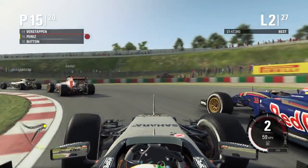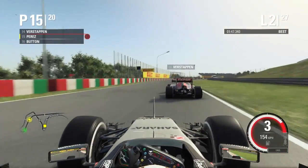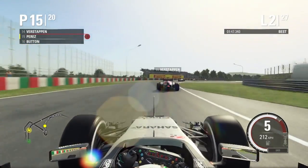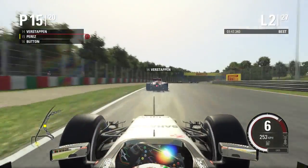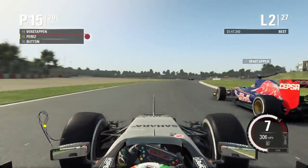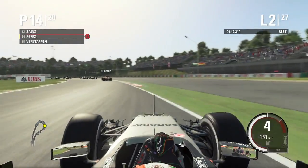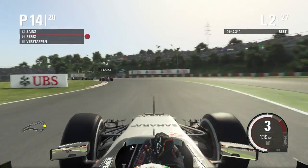So I've got no footage of the race for you guys. As we make our way up the inside of Max Verstappen at the hairpin, Verstappen gets much better traction out of the corner, so we're going to try and get him elsewhere as we tuck into his slipstream, making our way into the Dunlop curve and into Spoon curve. Can we make a move here? We're going to go up the inside of Verstappen, and there's a lovely overtake on the young Dutchman,